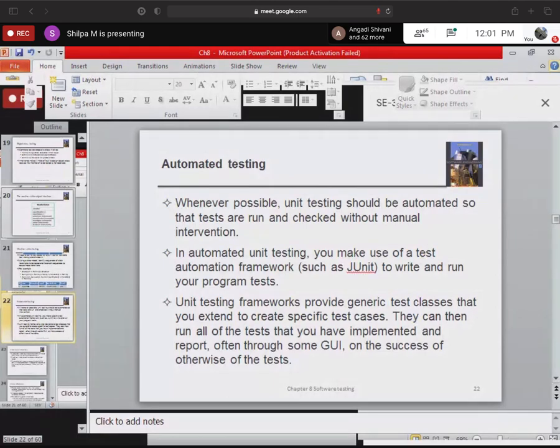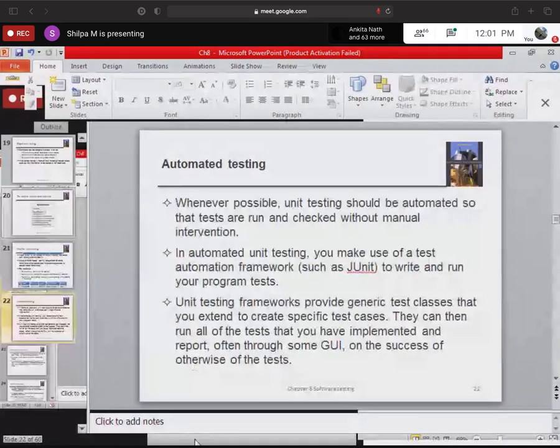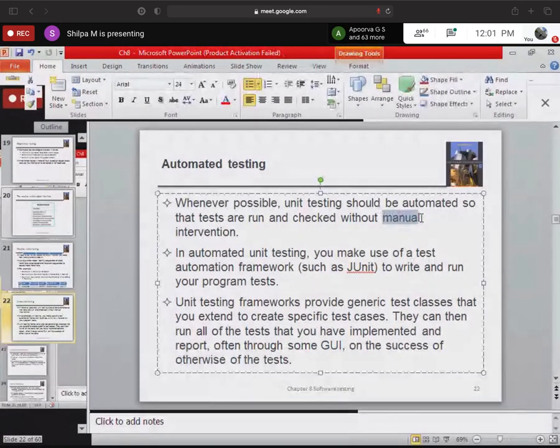Okay. Now, testing can be of two types. One is known as manual testing and the other is known as automated testing. Does anyone have an idea about what manual testing and automated testing mean, guys? Anyone?